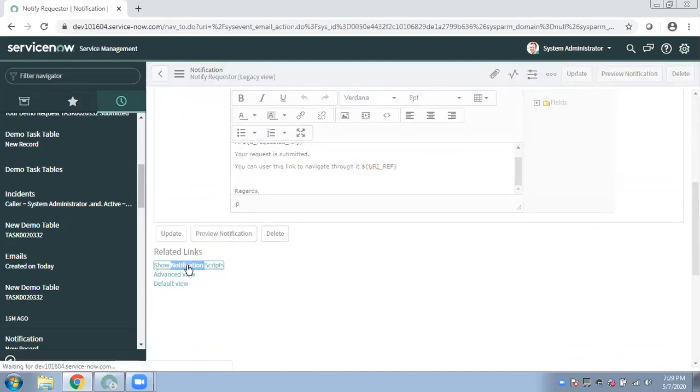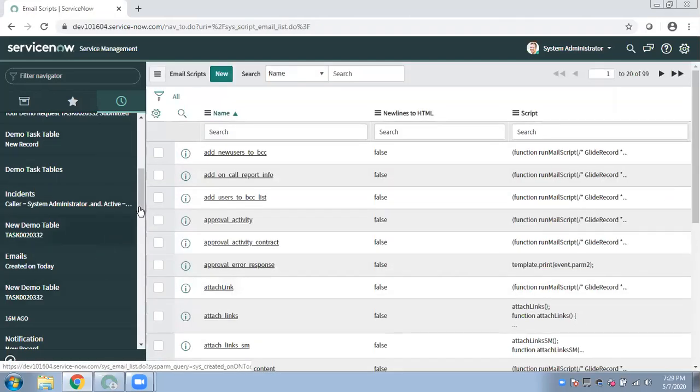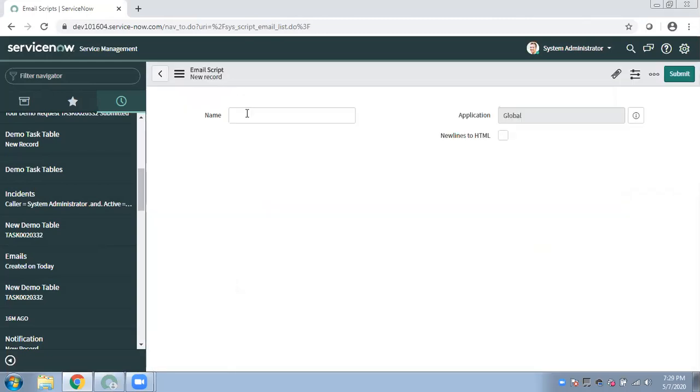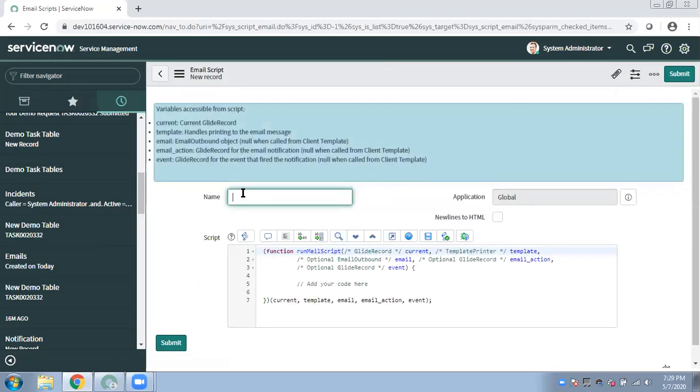Here you get the link, so you can click or search through here. These are some scripts already available which are used in different notifications. You can create a new one for yourself and name it whatever you want. I'm putting approver dot name.